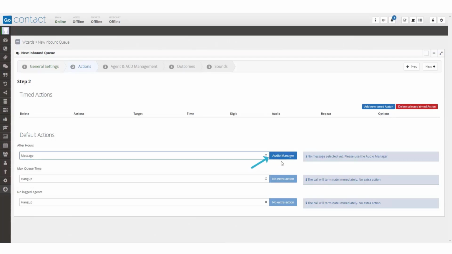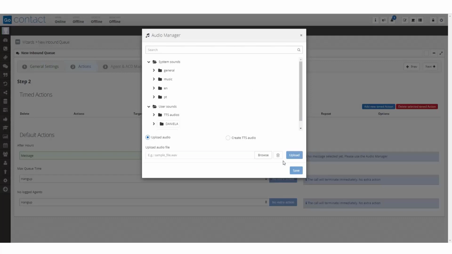If you decide to include a message, you will need to go to the audio manager. The audio manager is where you'll be able to search for a pre-existing file, upload an audio file, or record a new audio file using the text-to-speech that you want to play for that message. Once you have selected the audio file you want to play, click Save, and it will be linked to the